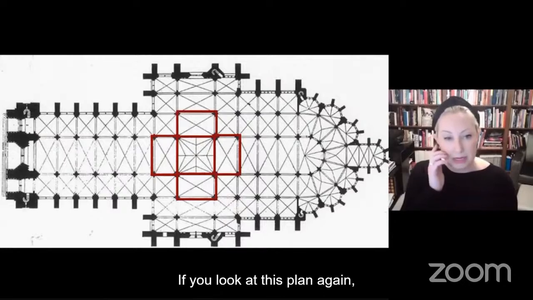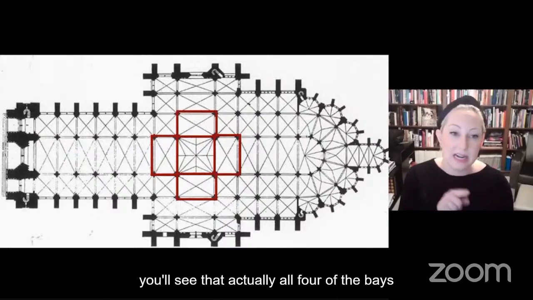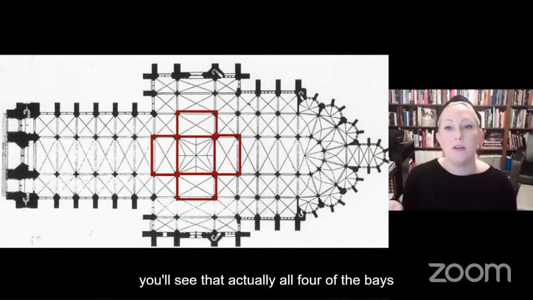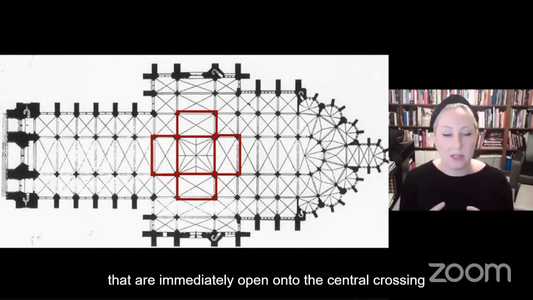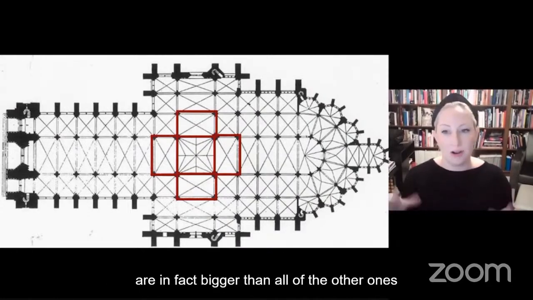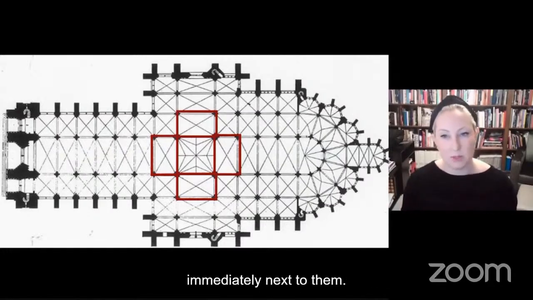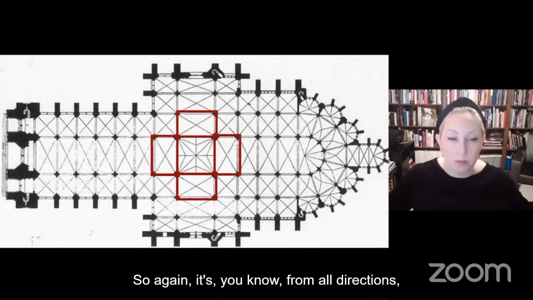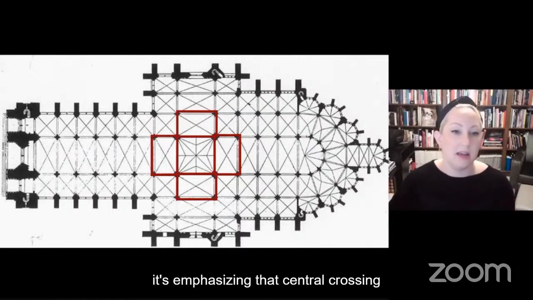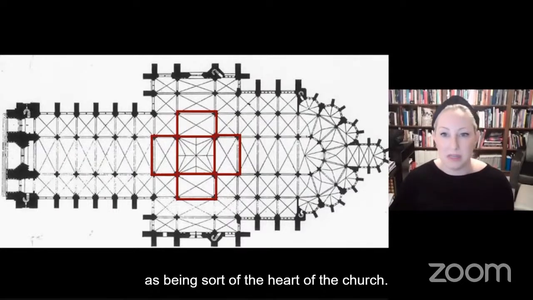If you look at this plan again, right around the central crossing, you'll see that actually all four of the bays that are immediately open onto the central crossing are in fact bigger than all of the other ones immediately next to them. So again, from all directions, it's emphasizing that central crossing as being the heart